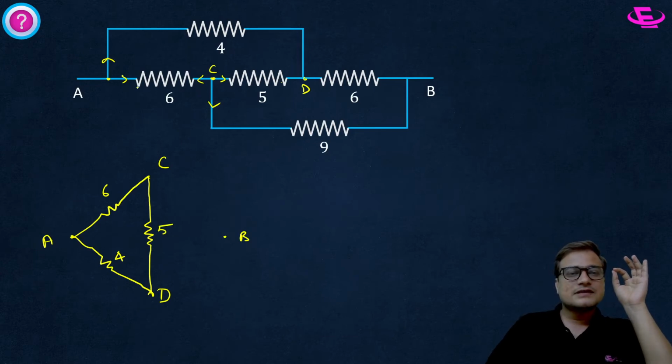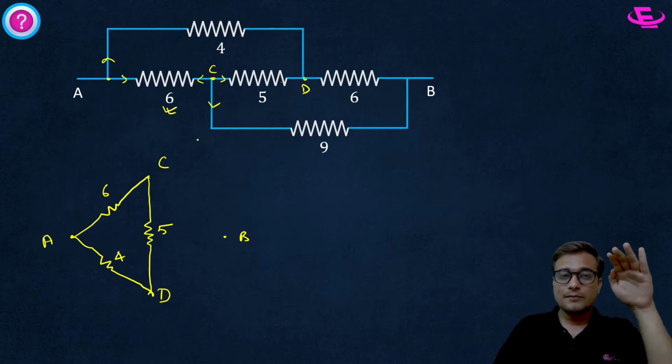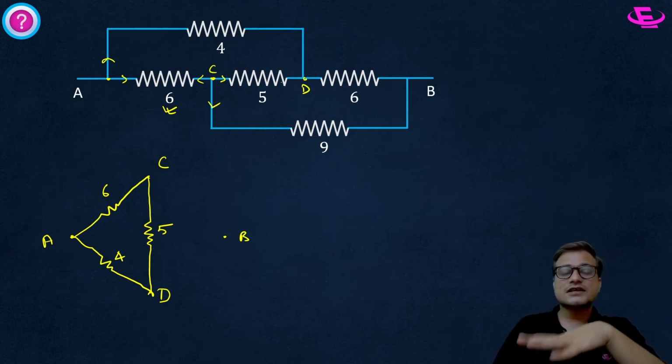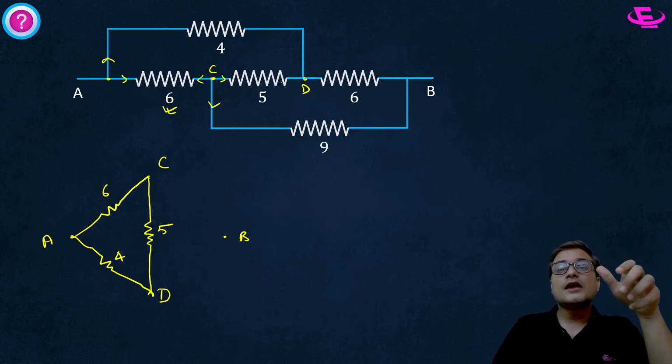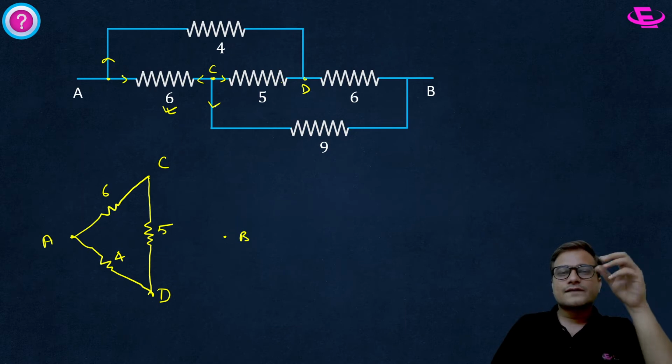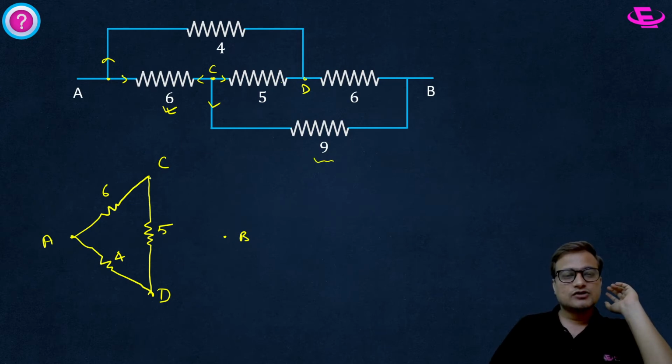Next, between C and A 6 ohm resistor. It is already written, you have already written the 6 ohm resistor, so you have no need to repeat this one. You have to take care of this while writing the different resistances. The branches should not be repeated. Clear? Just you are changing the orientation of the elements. That's it. Next is between C and B, 9 ohm resistance is connected. So this is C, this is B, this resistance is 9 ohm.